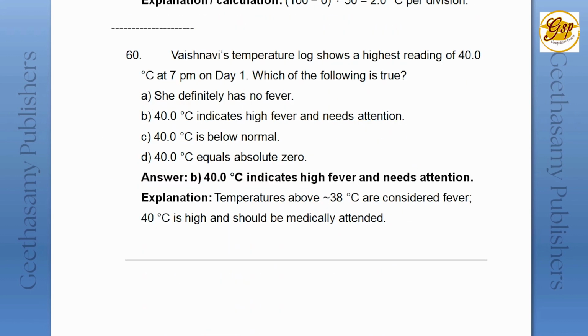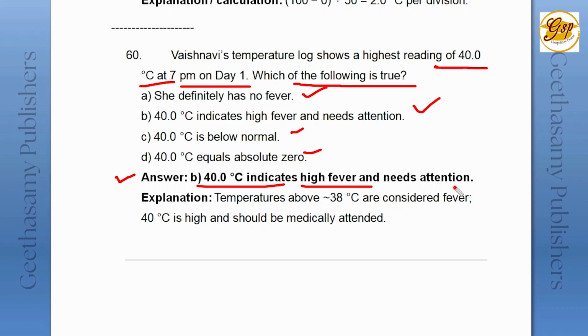And finally, the last question of the chapter. Vaishnavi's temperature log shows a highest reading of 40 degrees centigrade at 7 p.m. on day 1. Which of the following is true? She definitely has no fever. 40 degrees centigrade is high fever and needs attention. 40 degrees centigrade is below normal. 40 degrees centigrade equals 0. The answer is that 40 degrees centigrade indicates high fever and needs attention. So the explanation is that temperature above 38 degrees is considered a fever and 40 is high and should be